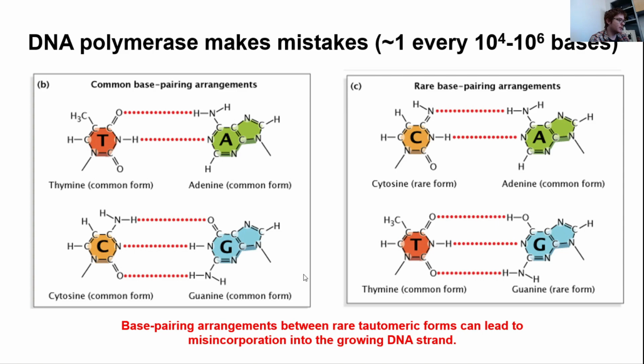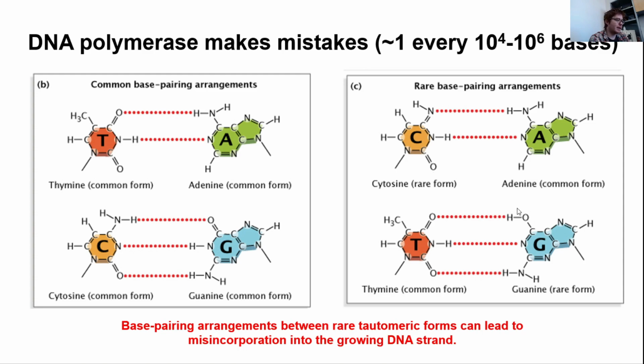However, if we were to look at the rare form here... well, let me choose a different one because these pictures are not symmetric. I apologize for that. So if we were looking at cytosine, for example, in its common form, we have donor, acceptor, and acceptor on the cytosine here. And if we undergo this tautomeric shift, what we now have is an acceptor and a donor in these positions instead. And so whereas normally the pattern of donor and acceptors enables cytosine to form a beautiful base pair with guanine, now by exchanging, making this an acceptor and this a donor,